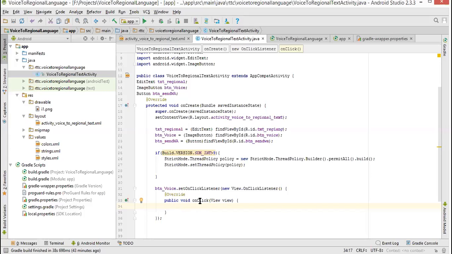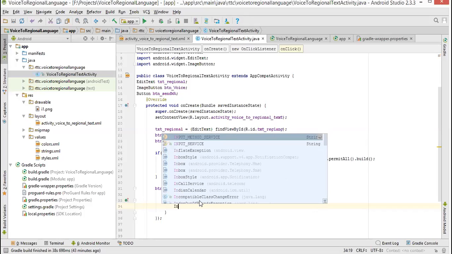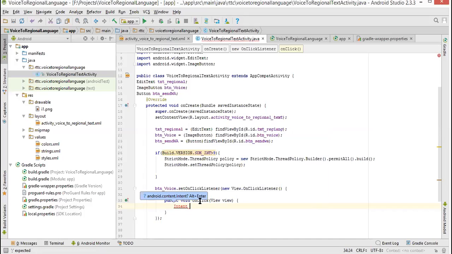So now in this onClick, I have to write something so that I can capture my voice and convert it into text. This is where I have to control my activity. Which class should I use here? I should use the Intent.